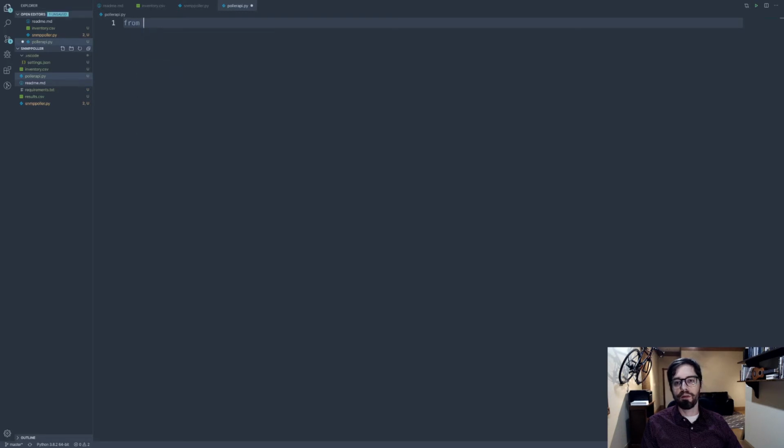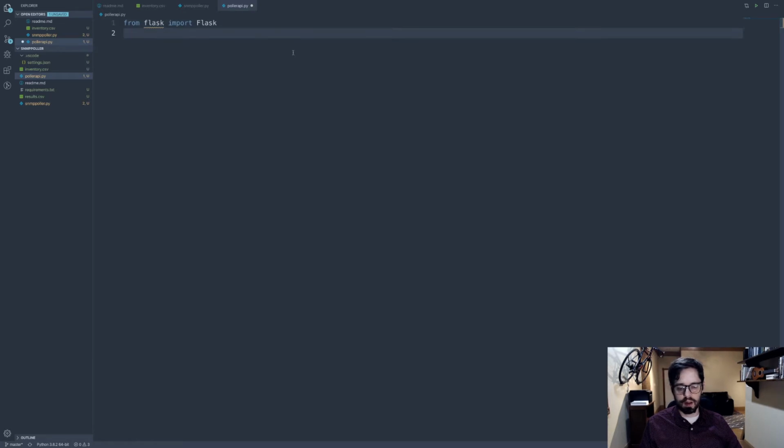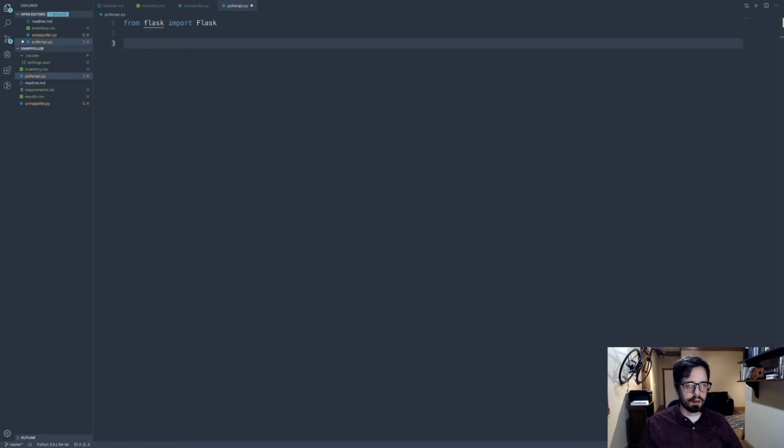And we're going to be using Flask. So from flask, import Flask. I think that second one needs to be caps. I always capitalize it, I don't know why. I think it does. All right, so the first thing you do with this is you're going to create an